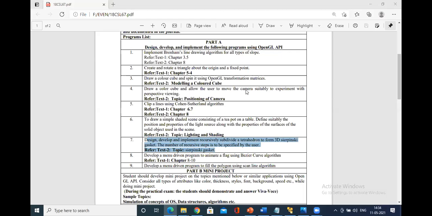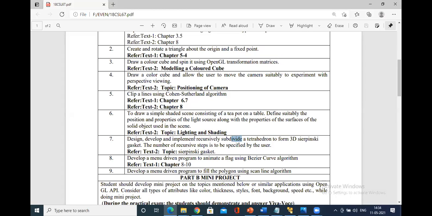It is lab program number 7, implement recursive subdivision. There is a concept of recursive subdivision of a tetrahedron. You know what a tetrahedron is and how it looks, and I'll show you that. We have to write a program in 3 dimensions, taking into consideration 3 coordinate systems for the x-axis, y-axis and z-axis. There is a recursive step from the user's point of view, from the console. Once you execute, the program should ask how many recursive subdivisions you want to do. That will be one of the objectives of the program.